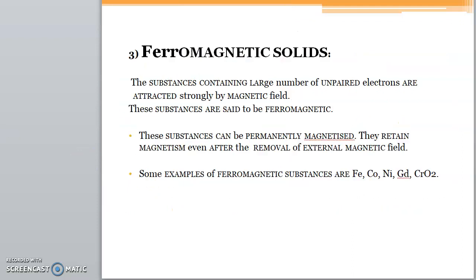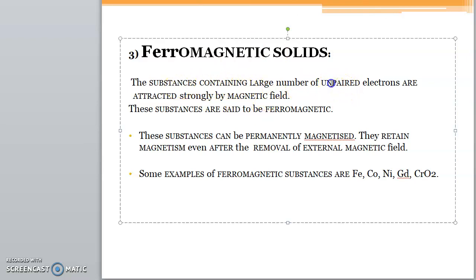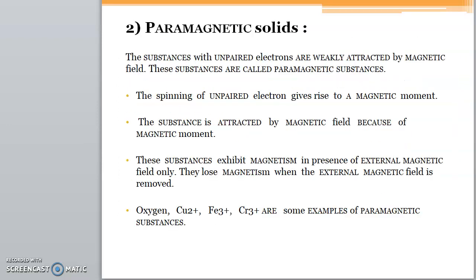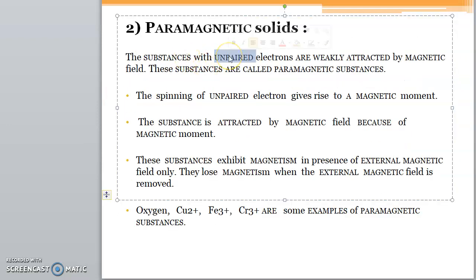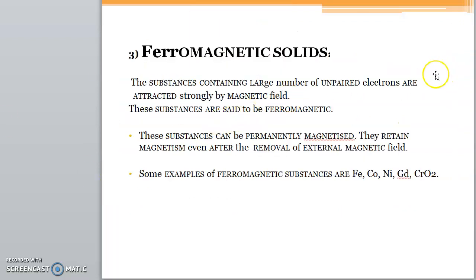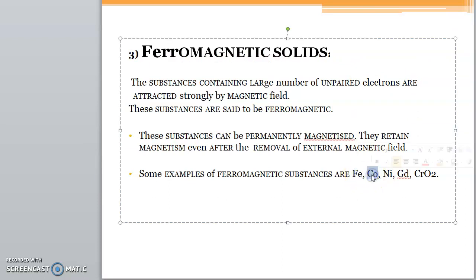Okay, and finally the last type of magnetic property is ferromagnetism. Ferromagnetism is a higher or a better form of paramagnetic property. Ferromagnetism means they are very, very strong magnets. So the substances contain a large number of unpaired electrons. In the case of paramagnetism, they have not mentioned a large number or small number. As long as there is even one unpaired electron, it comes under the category of paramagnetism. But in the case of ferromagnetism, there are a large number of unpaired electrons, for example in iron. Now why do we play with iron?